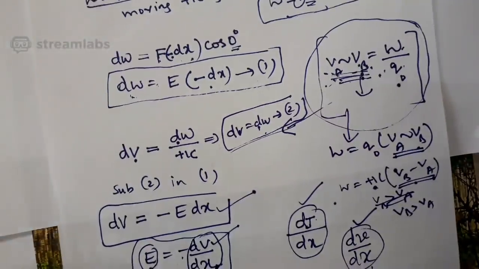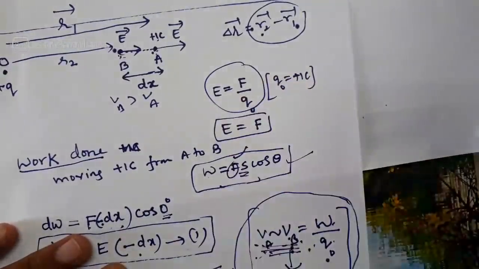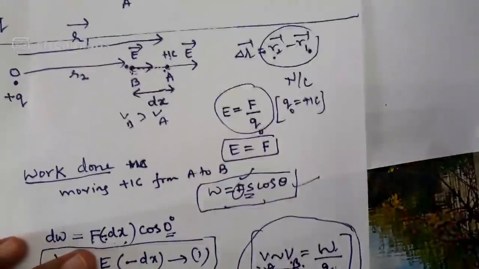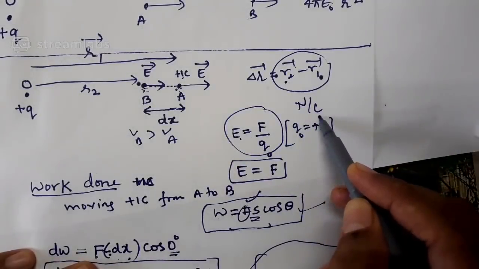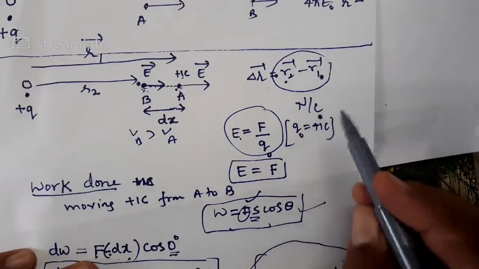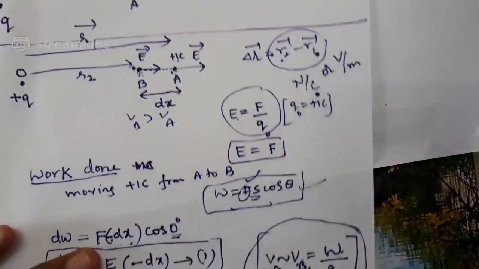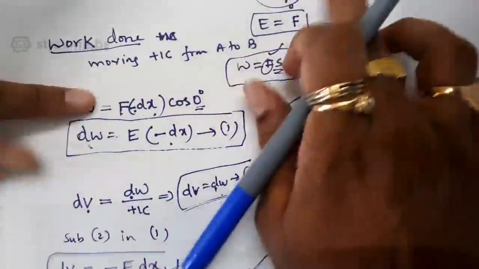Before you refer to your study material, one more point I would like to highlight about the unit of electric intensity. Can you recall what the unit of electric intensity was? It is Newton per coulomb, what you learnt. At the same time, one more unit you have discussed. It is either Newton per coulomb or volt per meter, but it was not explained in that topic because there was no sufficient data to explain. Now you can understand why electric intensity can be given as volt per meter along with Newton per coulomb. See this.